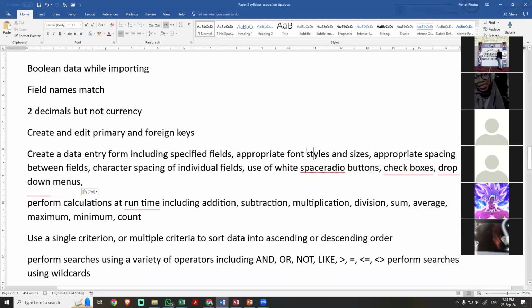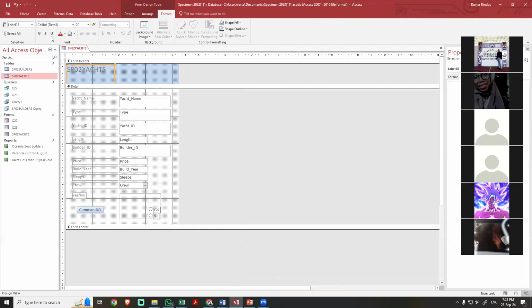Color, the size, and font style. So it's sans serif. It's possible for you to change. It's going to be just here. Sir, will they mention to us to add the records or like I'm going to